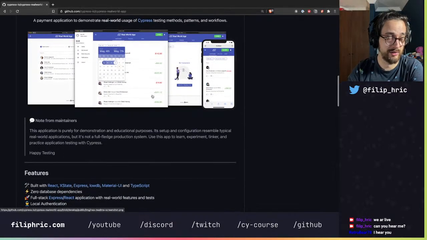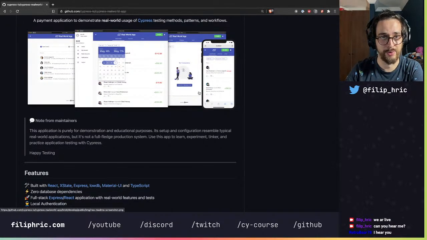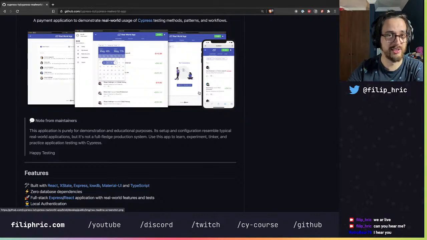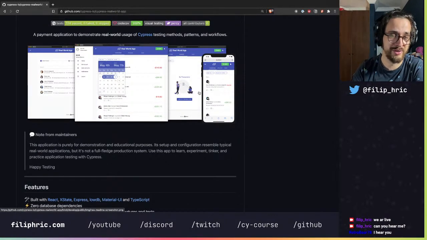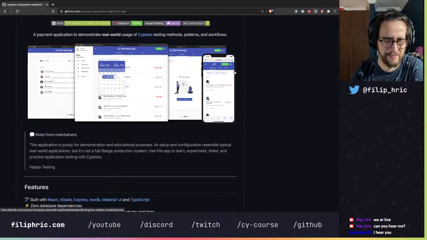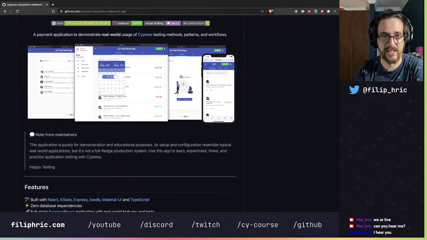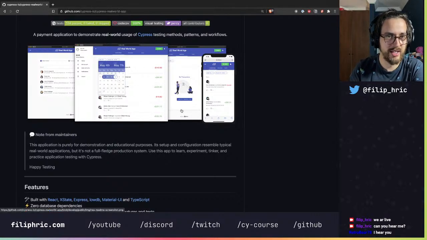Obviously, if you want to advertise your testing software, you need to have an app where you can show the test and the capabilities. You need to have something to test. So this is a transaction payment application where you can send money and receive money.